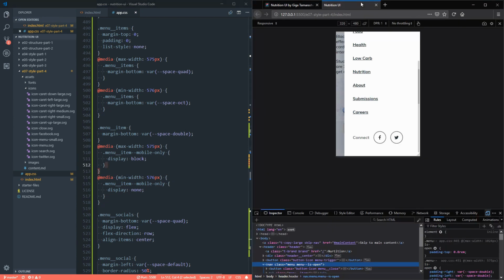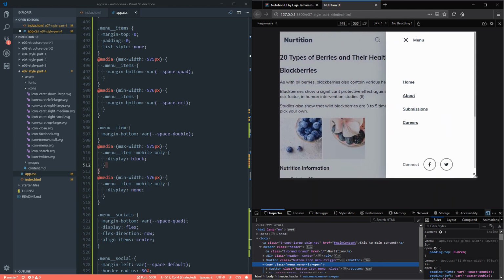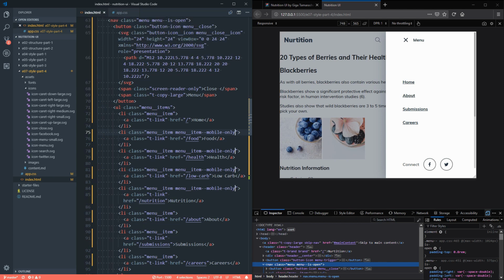Give that a save. So now what we should see is more links provided for mobile users because we no longer have the center navigation shown. And then as the breakpoint increases, we simplify the menu a bit. And that's because we have the center nav to use. So if we now were to take away the menu is open class,